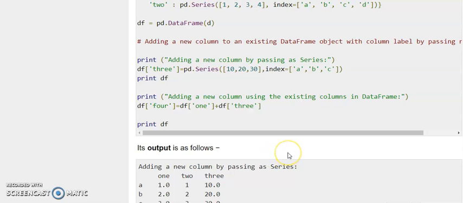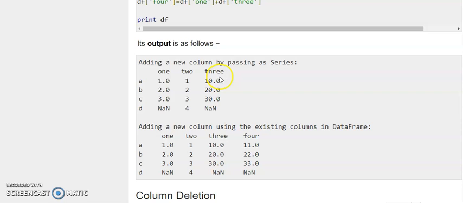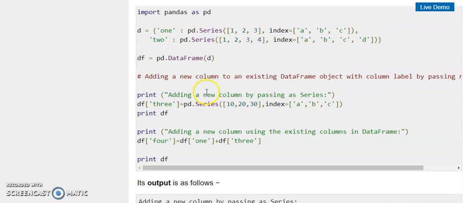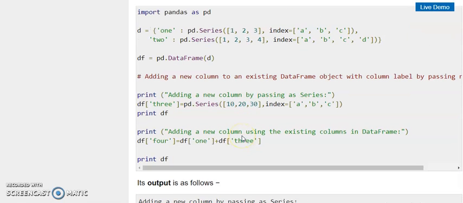So firstly we will see the result of the print df, in which only the 3 columns are present. Here we can see 3 column labels. In 1 I have passed the values 1 2 3, and in 2 I have passed the values 1 2 3 4. In 3, whatever values I passed, 10 20 30.